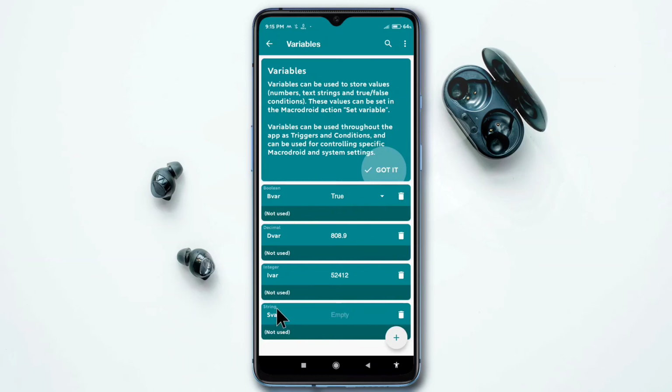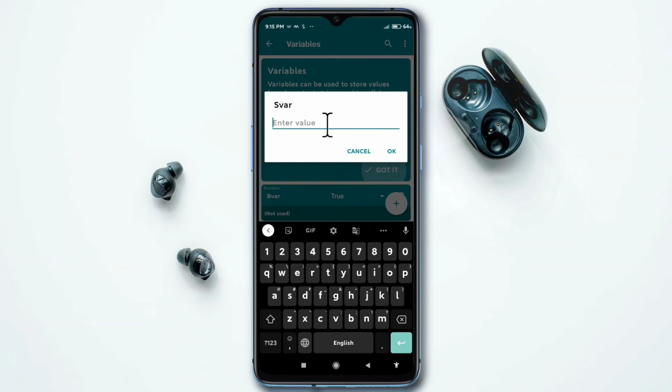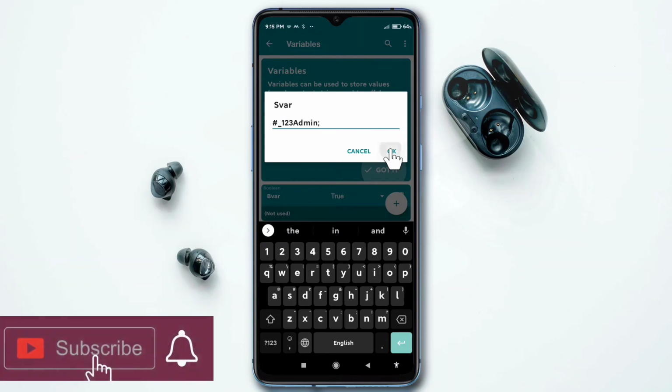So now in the string variable, I am entering a value, like I can enter H123ADMIN. I can enter any combination of alphanumerics, uppercase, lowercase characters.